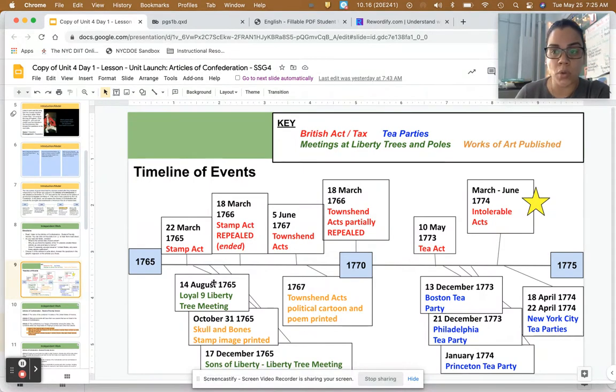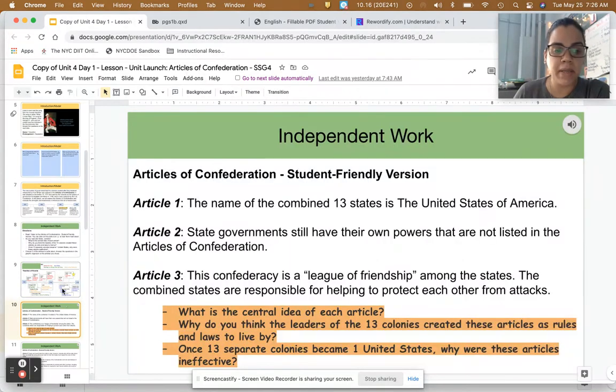the Liberty Poles, all these things help us understand the Articles of Confederation, because I know all these things happened, I think I have an idea of what the colonies are going to agree on. What promises are they going to make to each other? So for independent practice,